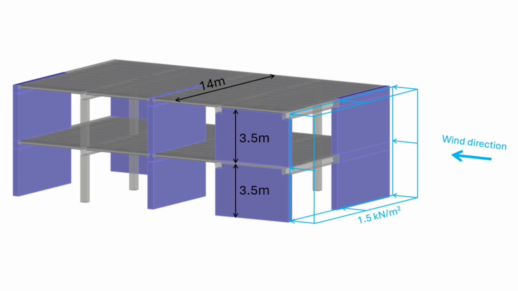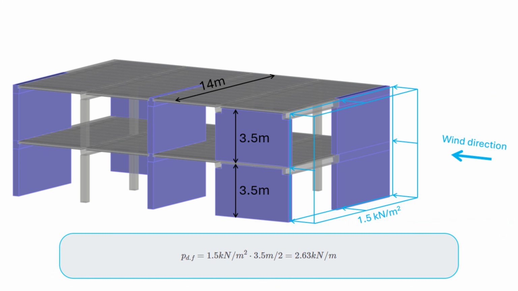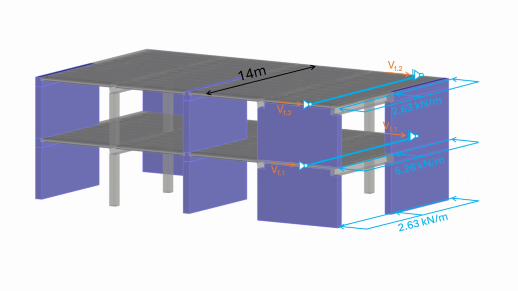The line load on the roof diaphragm is calculated as 1.5 kN per square meter times half of the height of the story, which is 3.5 meters divided by 2, and that equals 2.63 kN per meter. And this line load we can now apply to the roof floor diaphragm. And for the first story, we just multiply it with 2 to get the line load that acts on the